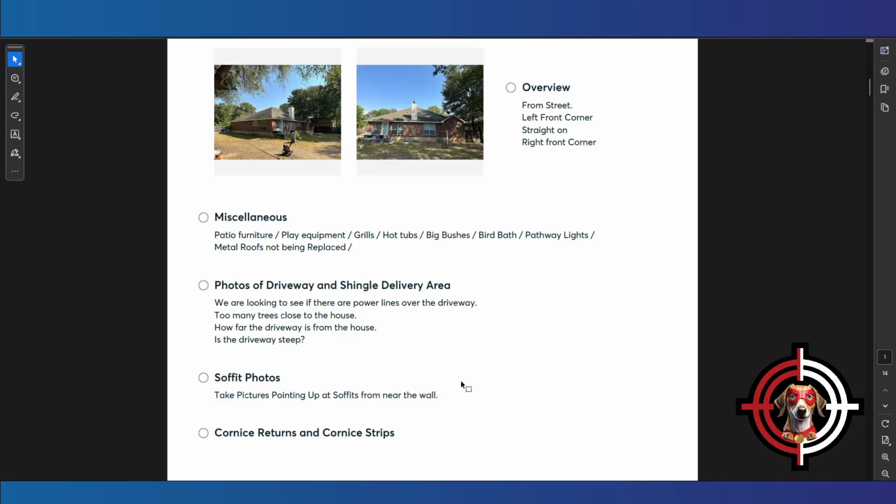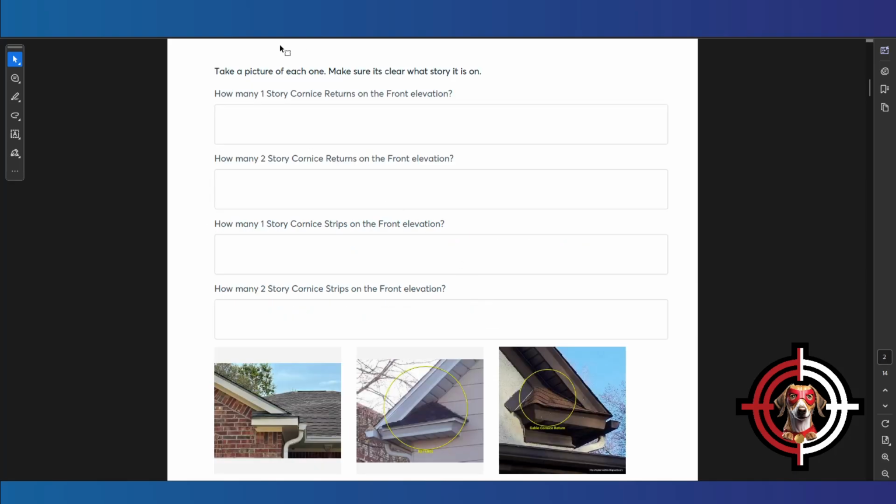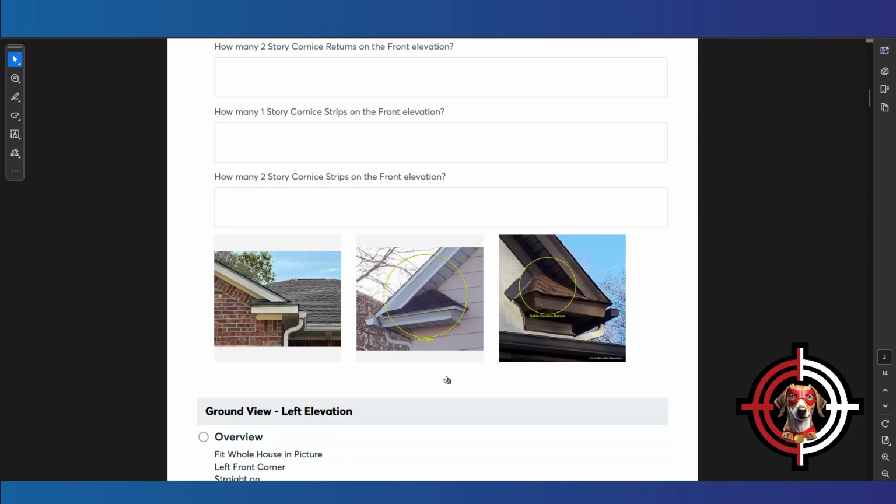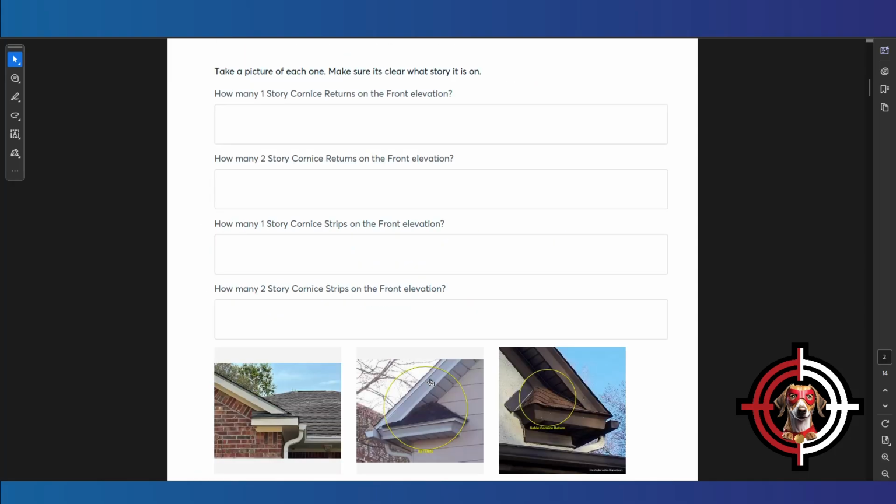Let's look at cornice returns and cornice strips. Take a picture of every single one. If you're wondering what we are talking about, we have pictures showing you what they look like. We have returns. I think we've even got, we don't have any strips in here, but